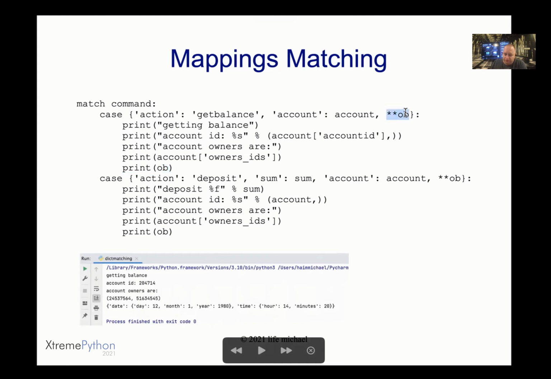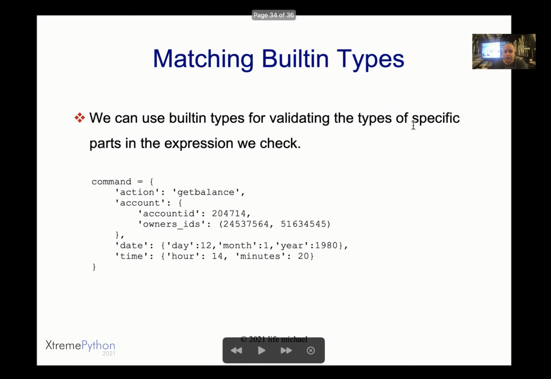including another variable marked with 2 stars, and that variable will be assigned with the reference for a dict object that includes all other key value pairs that are not shown over here. So the bottom line, the dict object you have when comparing it to a specific case, that dict object can have more key value pairs than what we see in the specific case. And all of those other key value pairs will be packed as a dict object that its reference will be assigned to the variable we specify over here with 2 stars. Okay,